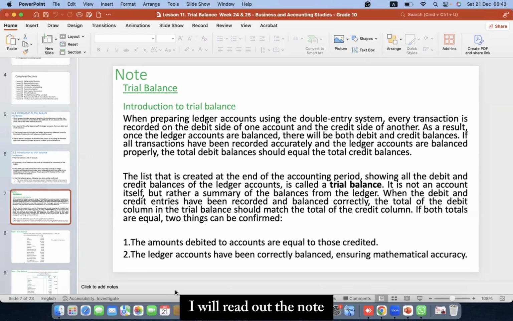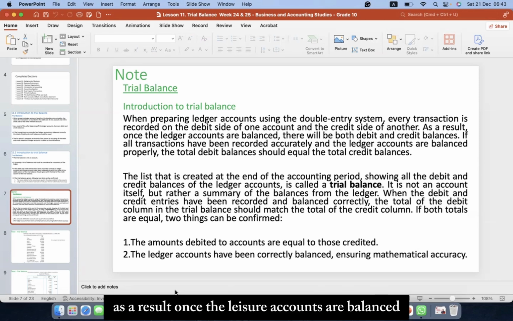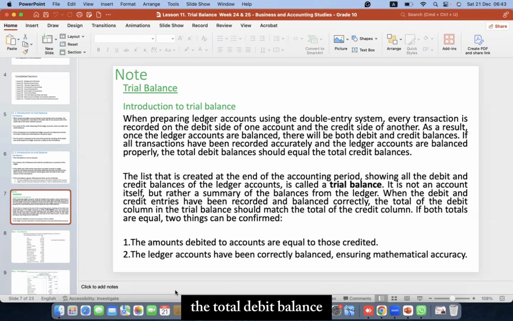I will read out the note. When preparing ledger accounts using the double entry system, every transaction is recorded on the debit side of one account and the credit side of another. As a result, once the ledger accounts are balanced, there will be both debit and credit balances. If all transactions have been recorded accurately and the ledger accounts are balanced properly, the total debit balance should equal